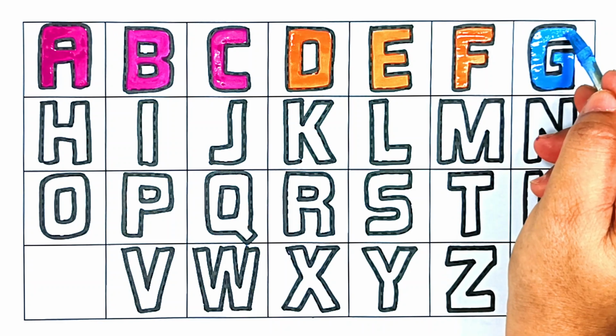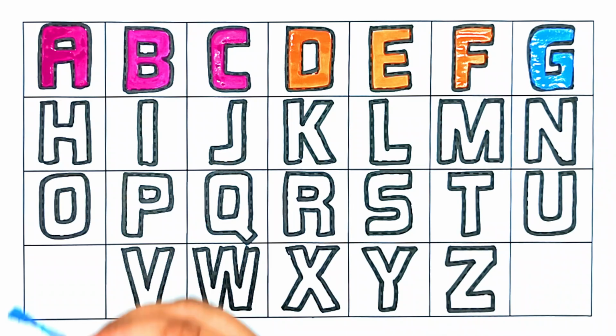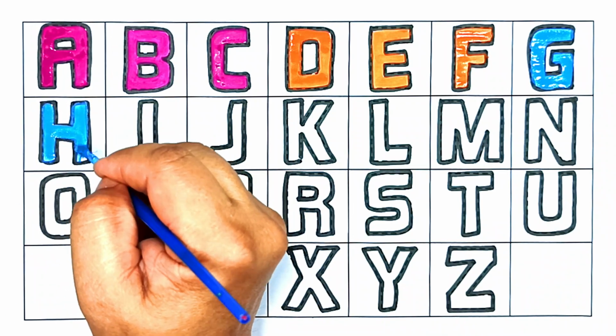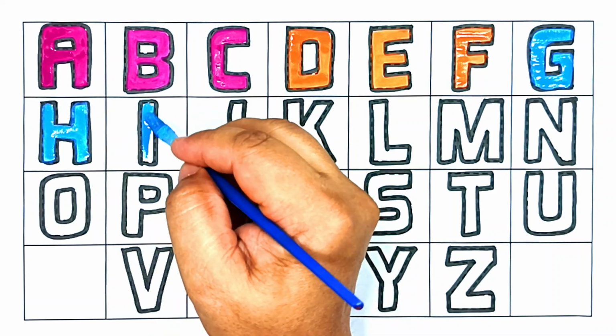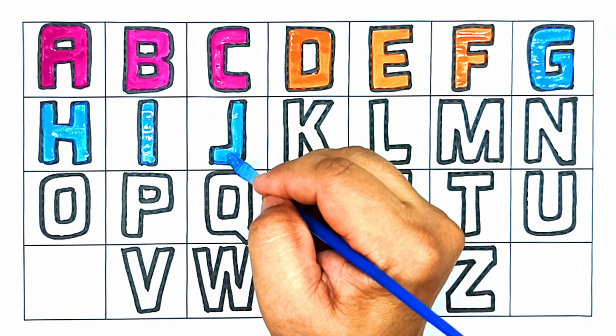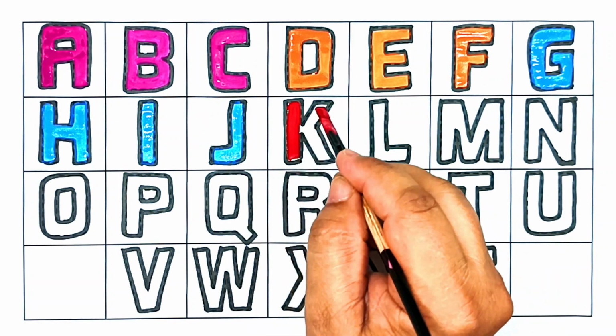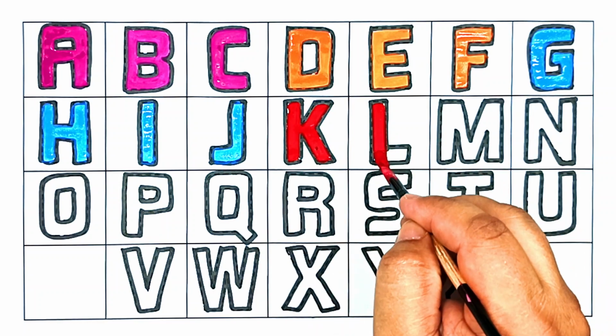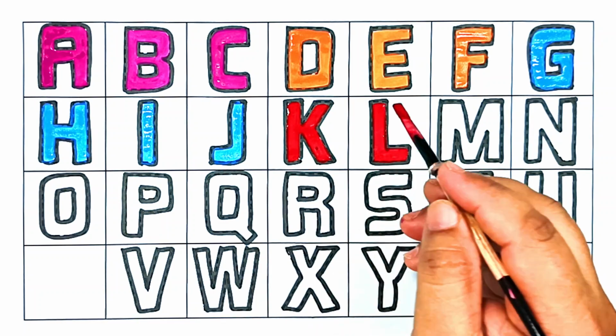G for glass, G for glass, H for hat, H for hat, I for igloo, I for igloo, J for jam, J for jam, K for kite, K for kite, L for lamb, L for lamb,